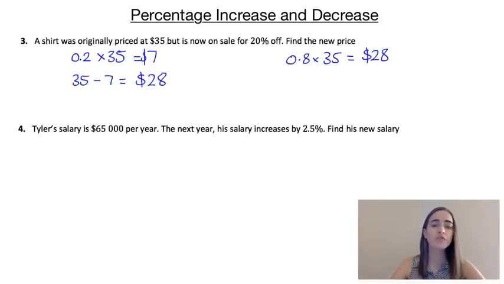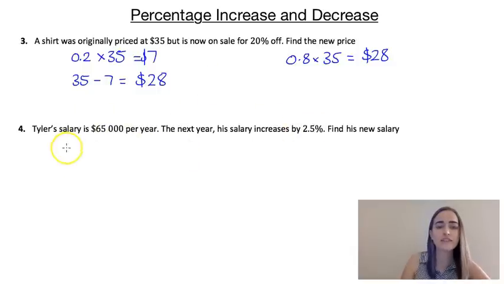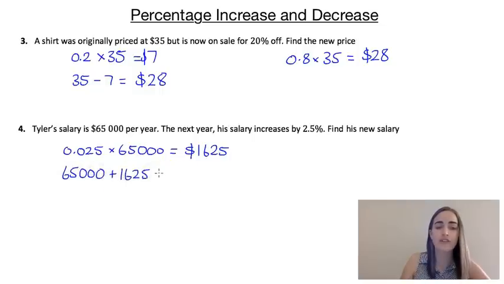In our last example, we're told that Tyler's salary is $65,000 per year. In the next year, he gets a salary increase of 2.5%, and we're asked to find his new salary. So if we wanted to find 2.5% of that 65,000, we could do 0.025 because that's 2.5% as a decimal, and then multiply that by the 65,000, and that would give us $1,625. So that's the increase he's getting, which means that his new salary would be that $65,000 plus the $1,625, which would give him a new salary of